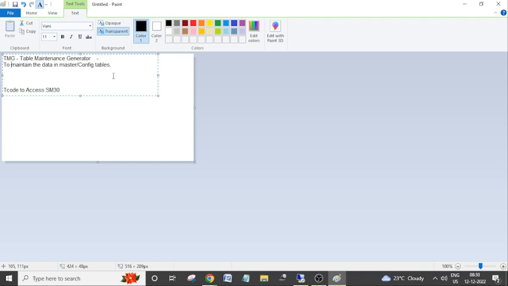So you may ask, can't we do it on transaction tables? Can we apply table maintenance generator on transaction tables? We can also create table maintenance generator for transaction tables. It will allow, but it is not recommended. Okay, it is not recommended to change transactional data. Whatever the transactional data creating in the system, we should not change it or delete it through table maintenance screens,